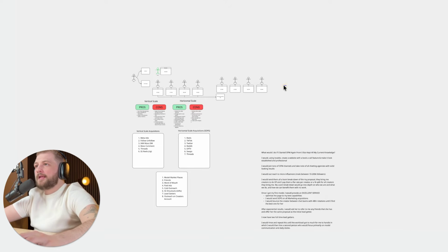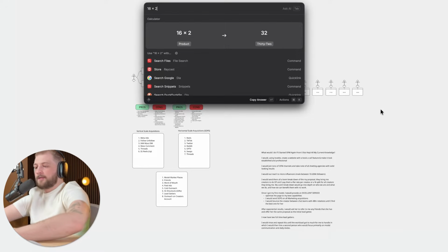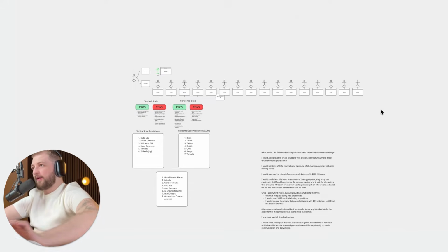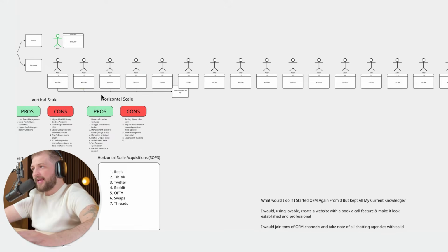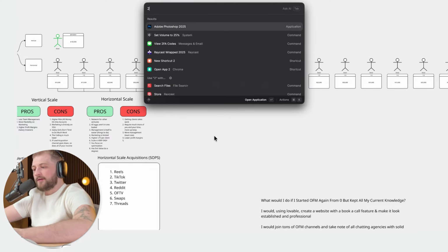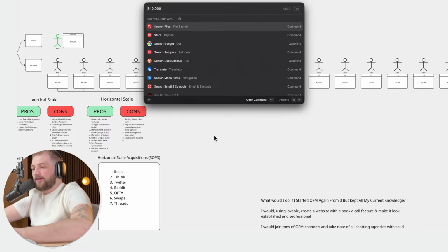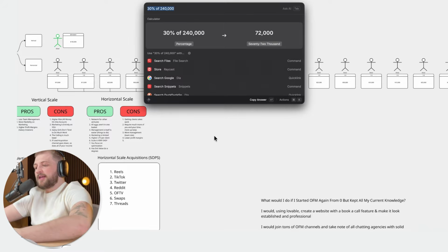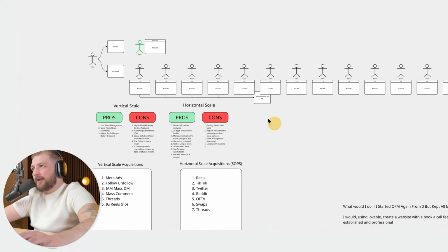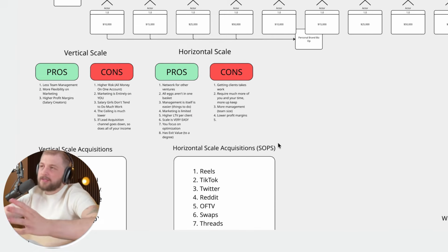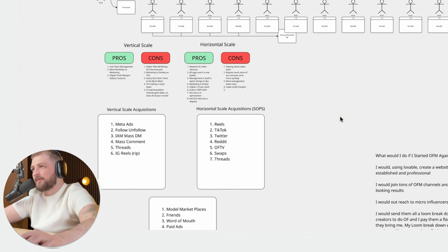Now, on this scale, it doesn't seem like that's really a big deal. But let's go ahead and dump another batch of creators because once again, you're scaling this. And we start charging 16 creators times another 2,500. You're already looking at another $40,000 on top of whatever this income rate is. Let's say it's 25,000 on average per client. Let's be conservative, say 15,000 times 16, 240, 30% of that is $72,000 plus the $40,000 that you're getting in recurring. You're already making more money than you would be up there, okay? Yes, there's some other expenses that go into that that'll bring that number down, but you get the idea. At 50 models, that no longer becomes a question, okay?